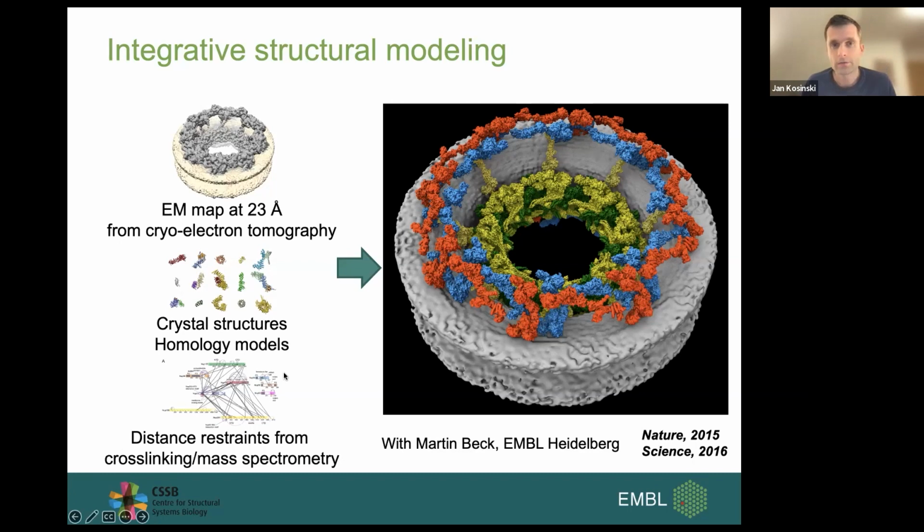And integrative structure modeling is a methodology, often at least to some extent automated, that takes this orthogonal structural data and proposes models that obtain a precision that is higher than we could obtain by using just one of those techniques or data sources alone.